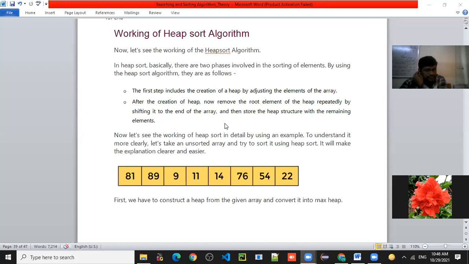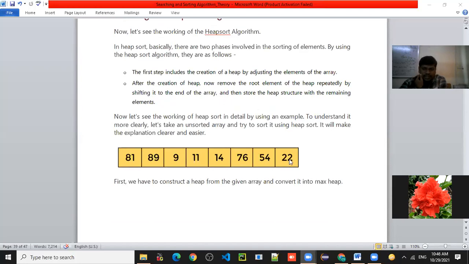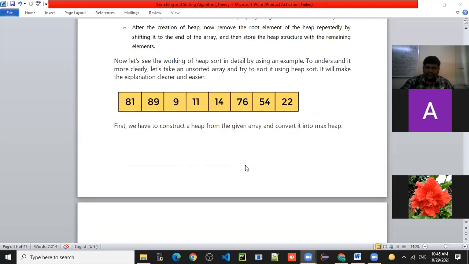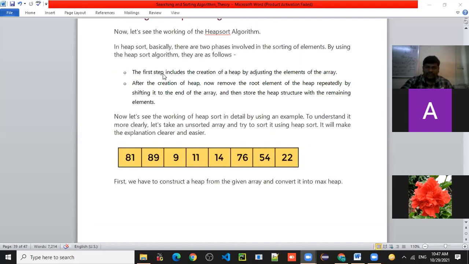Now let's see, this is the example given to you, right? How many elements are there in this list? 8. 1, 2, 3, 4, 5, 6, 7, and 8 elements are there, right? Now, what is the first step?